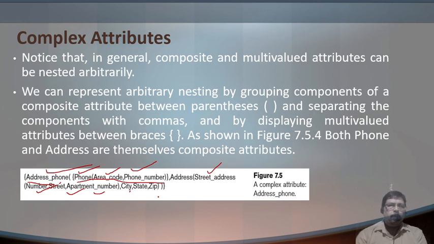See, we have to be very clear here. The components of the composite attribute are written in parentheses, separating the components with commas. So that is what here. Address is written as street address, number, street, apartment, each separated by commas, and multi-valued attributes between braces. So here you see this is a multi-value attribute. It is written within the braces. So these are the different types of